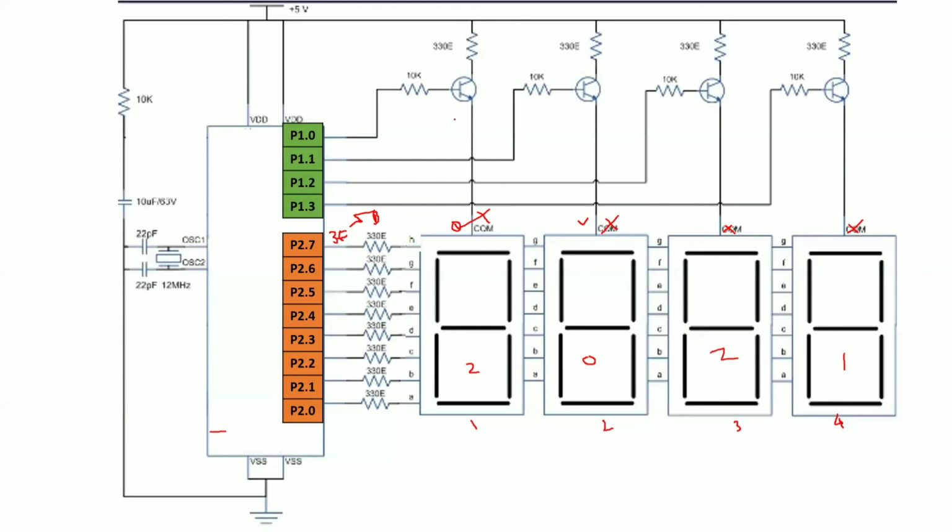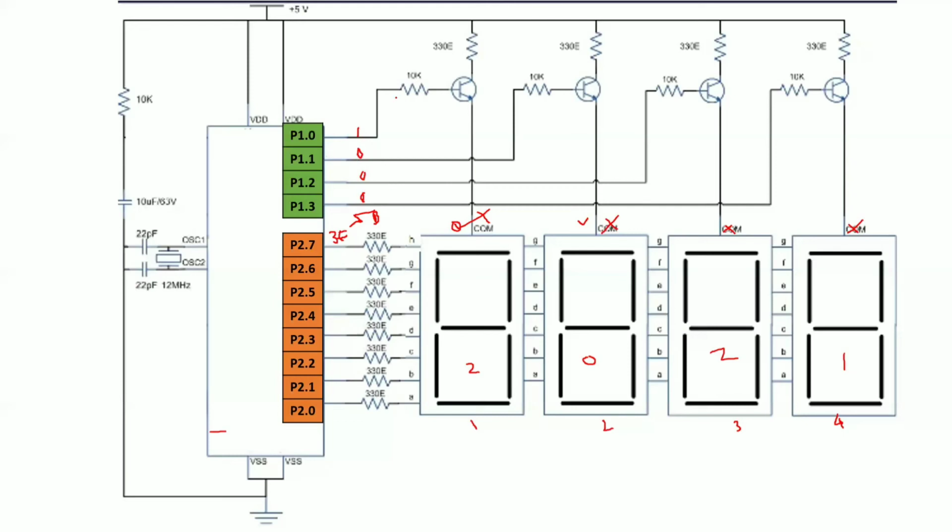Now look at this connection, the transistor. Whenever I apply some voltage, what will happen? From collector to emitter, you will get one here. Similarly for all the remaining displays. Suppose I send 1 0 0 0, what does it mean?